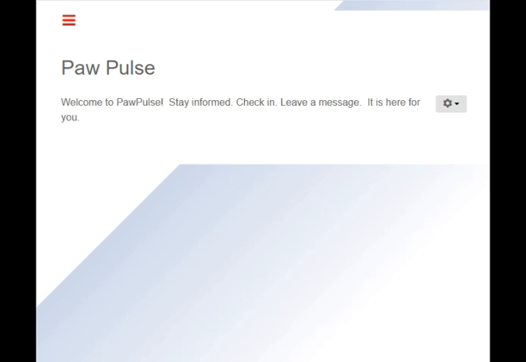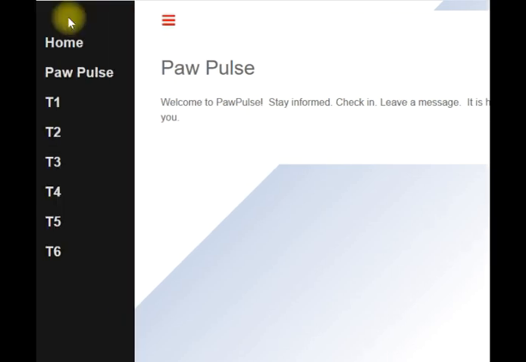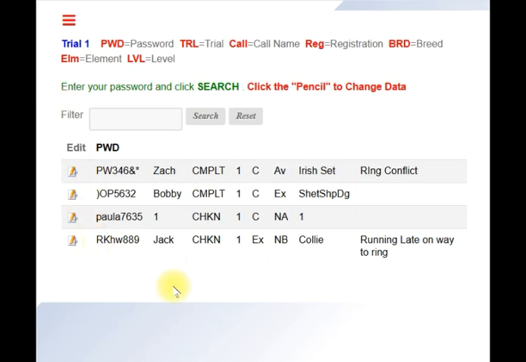Let's take a look at a basic function to check in on your phone. When you go to PawPulse, you will see this screen and you'll see the menu up in the upper left-hand corner. You can click on the menu and a slider will open and you will see all trials listed. If a trial is not available to check in, you won't be able to actually use it. So we're going to select trial 1, and your phone will bring this list, a very similar list to this,